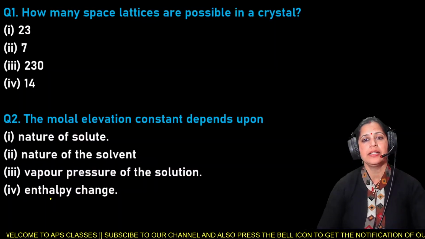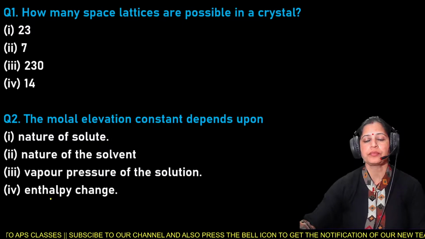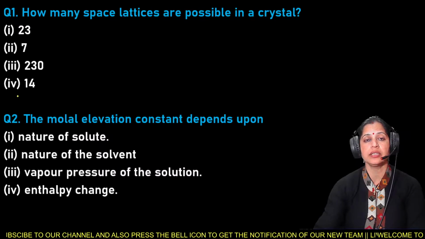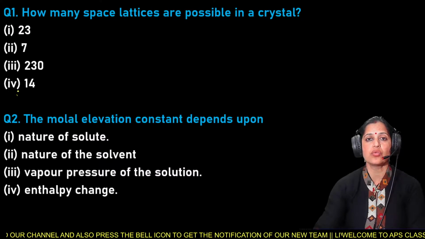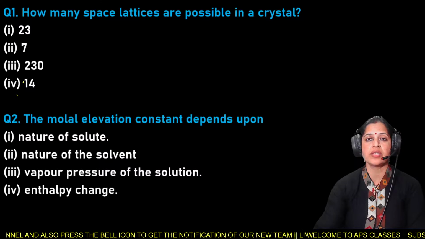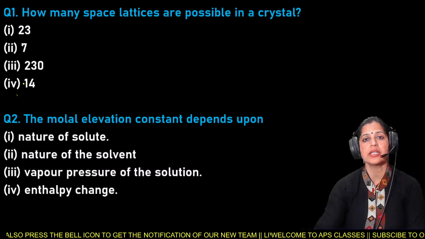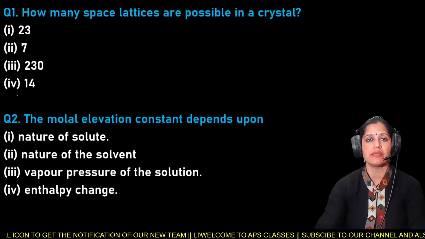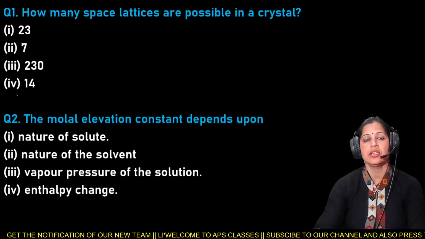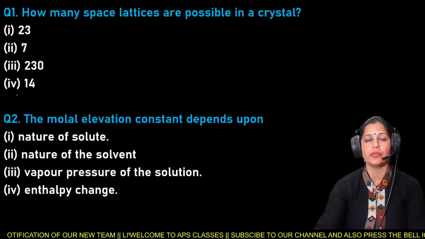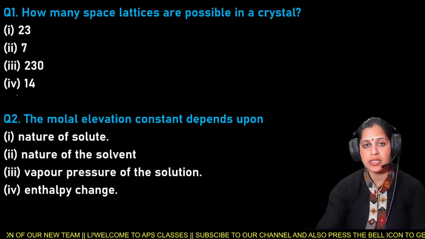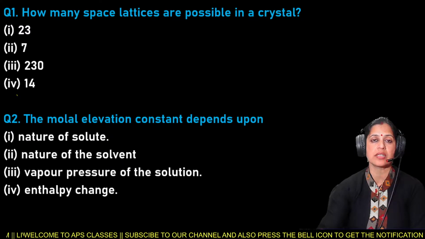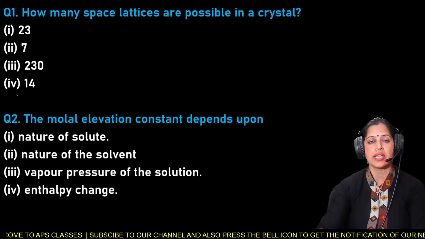And let us start with our first question regarding the chapter, that is the solid state. So everything that occupies space is known as matter. And there are three states of matter, that is solid, liquid, and gases. Solid has definite shape and definite volume, whereas liquids have no definite shape but they have definite volume, and gases have neither definite shape nor definite volume. So these are the important characteristics of solid, liquid, and gases.